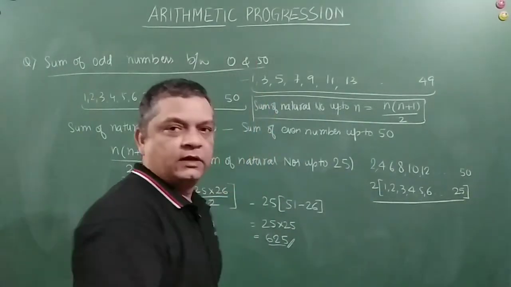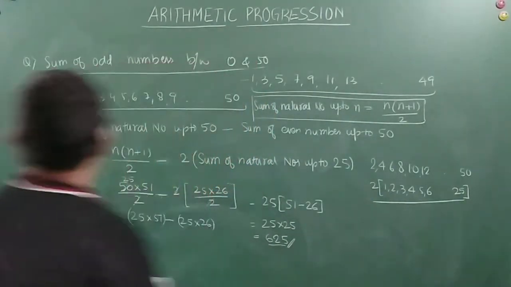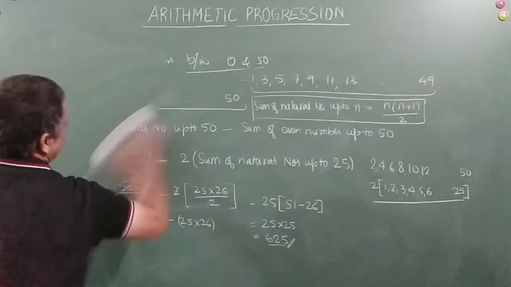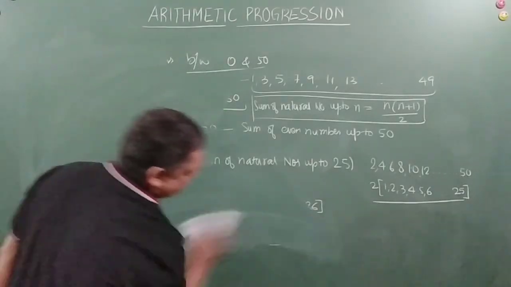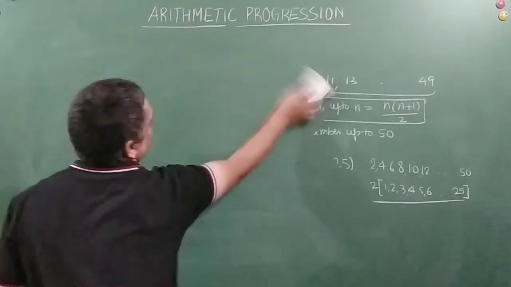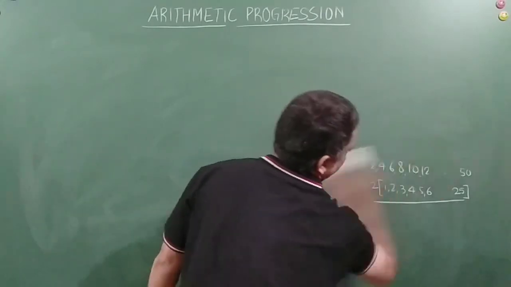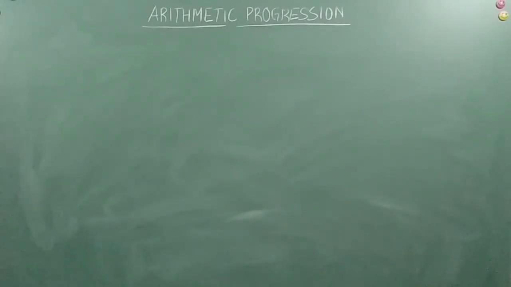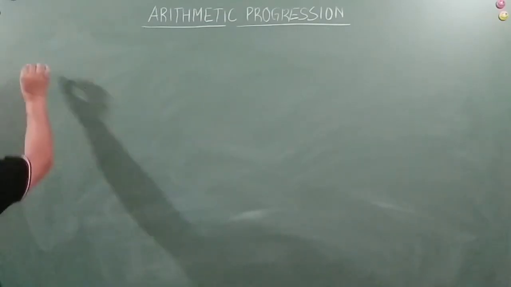problem. Okay? So this is 35 minutes over now. Okay. We'll take one last problem, friends, and then we will wind up the session, please. So last problem says the sum of first 15 multiples of 8